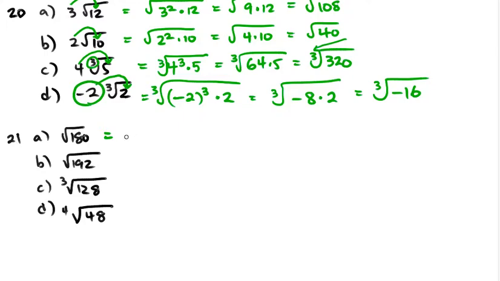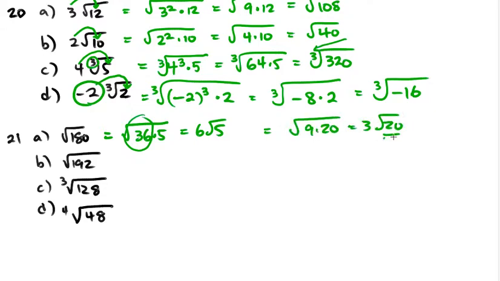We want to find perfect square factors that go into 180, so think about all your perfect squares. One that goes in is 9, but there's actually a bigger one, and the bigger one that goes in is 36. So it's 36 times 5, which is 6 root 5. You want to try and find the biggest one. If you can't identify the biggest one, you might have done 9 times 20 and got 3 root 20, but then you have to break this part down into 4 and 5,